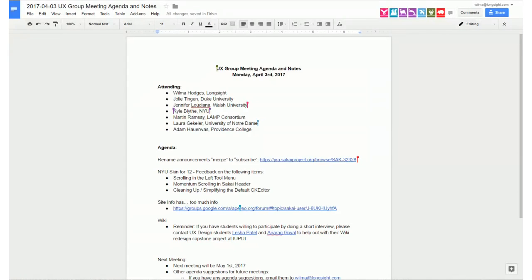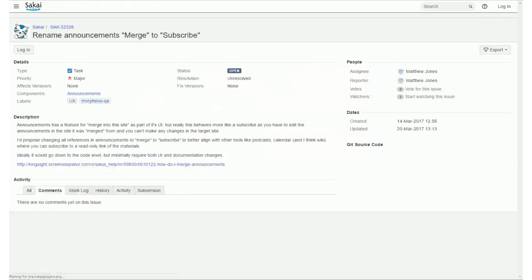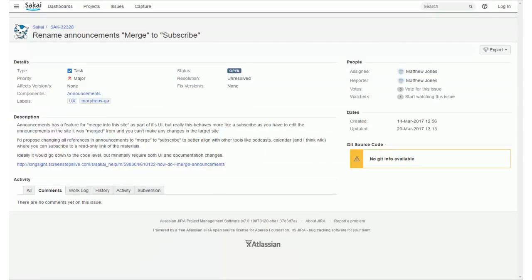I thought we would start off with one that I believe Jennifer suggested as an agenda item. I think you guys had talked about this in some of the QA calls. It's about renaming the merge to subscribe option. Let me just go to that JIRA so we can see what that's about. That's the announcement feature in Sakai when you